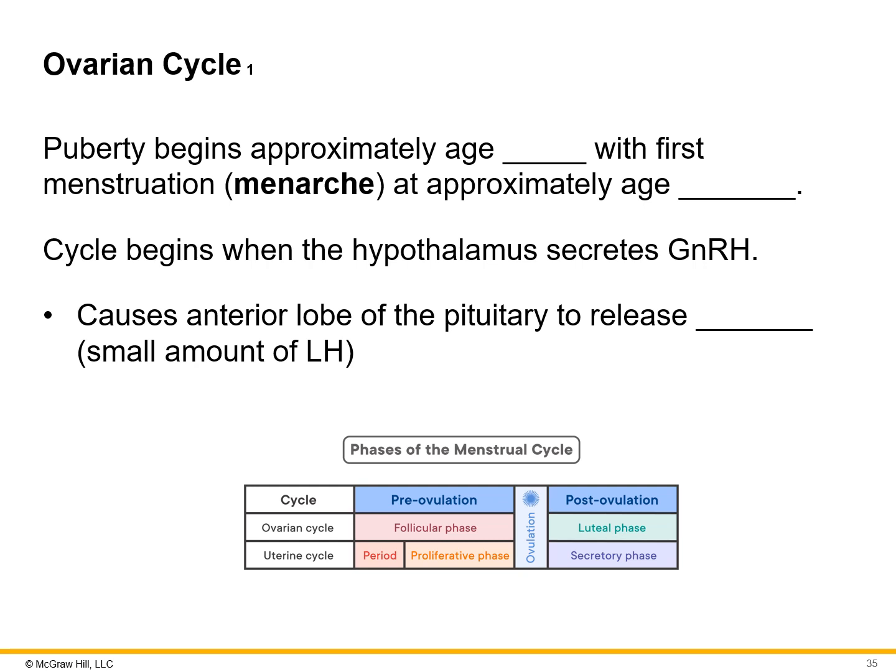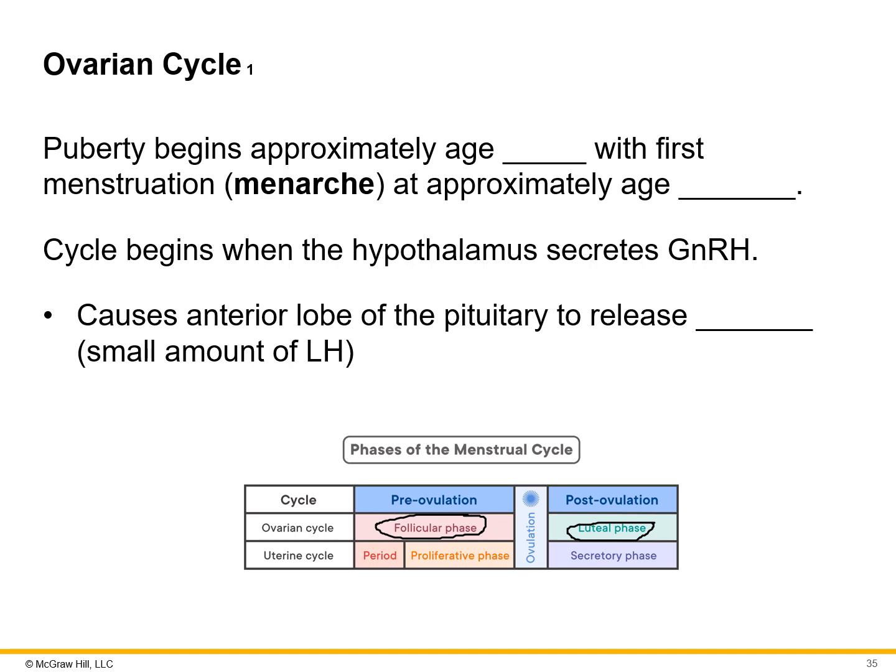This cycle will begin when the hypothalamus secretes GnRH, which is one of your hormones. That comes from the hypothalamus, which stimulates the anterior lobe to release FSH, or follicular stimulating hormone, and a small amount of LH, or luteinizing hormone. So right here, this is just showing you the different phases of the ovarian cycle. We have the follicular phase, which is before ovulation, and then the luteal phase, which is